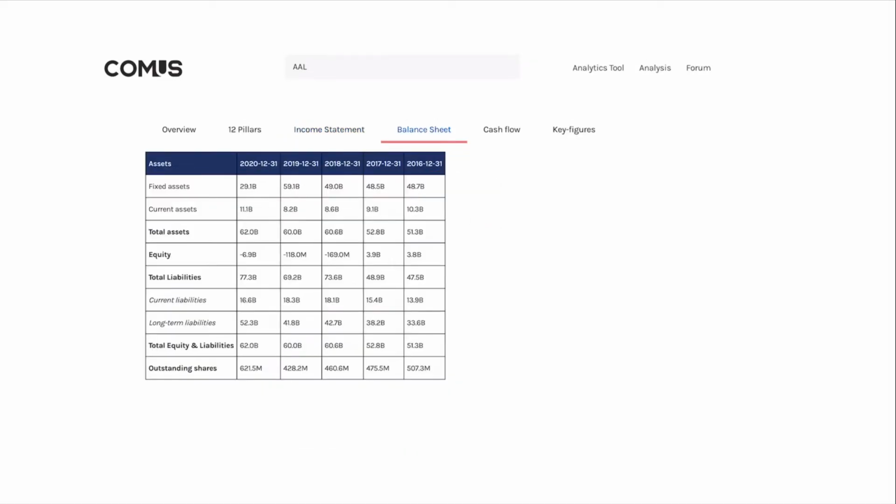I like it. Now let's jump over to the balance sheet, and what we can see here is that the current assets versus the current liabilities. Now, we are far from being able to pay off the current liabilities.